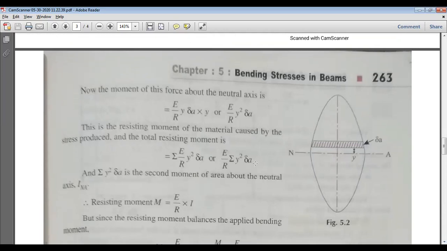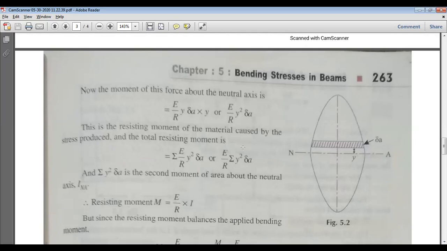So this way we'll have to integrate y square, the distance about which the moment of force is varying. So integrating, we will be finding E by R